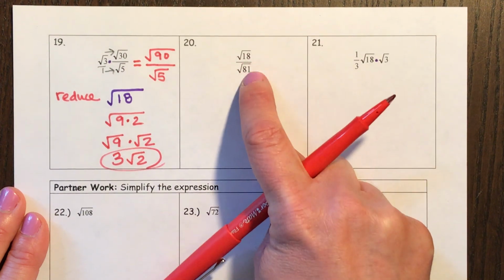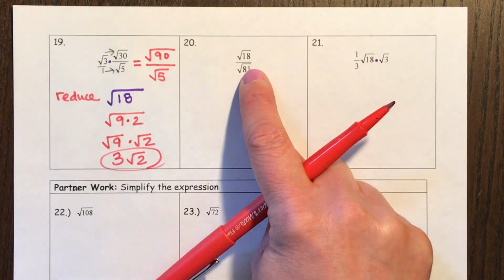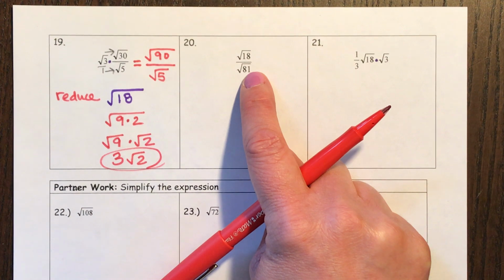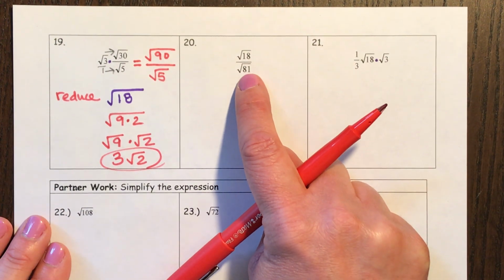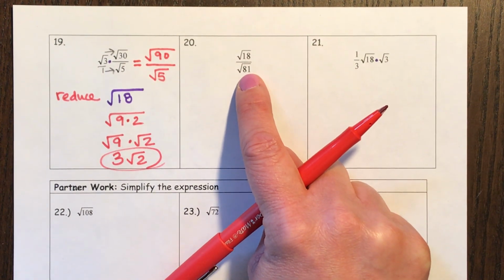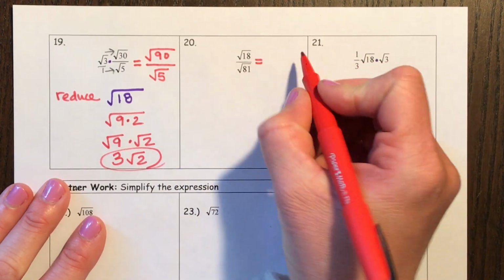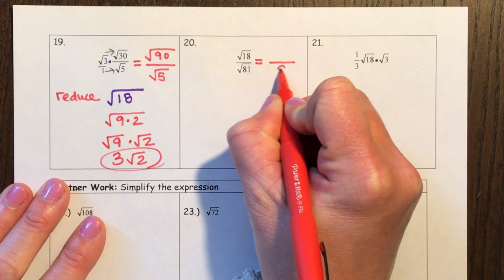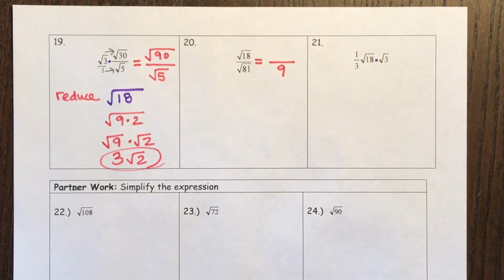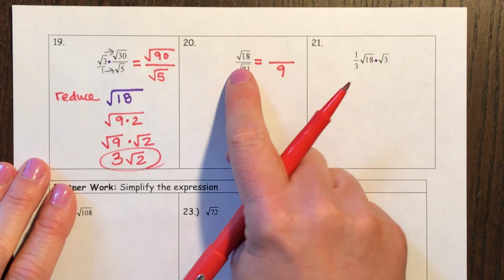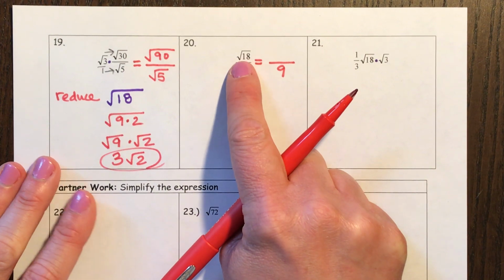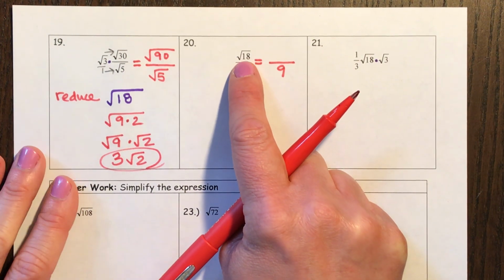Now, if you didn't know that these were alike and you had no idea that these were similar, and you thought just to yourself, well, gosh, I know 81 is a perfect square. Can I just start with that? Yeah, you sure can. The square root of 81 is a whole 9. So I just want to address that fact right away. And then the square root of 18, maybe you don't know what to do yet. You could leave it right here, but